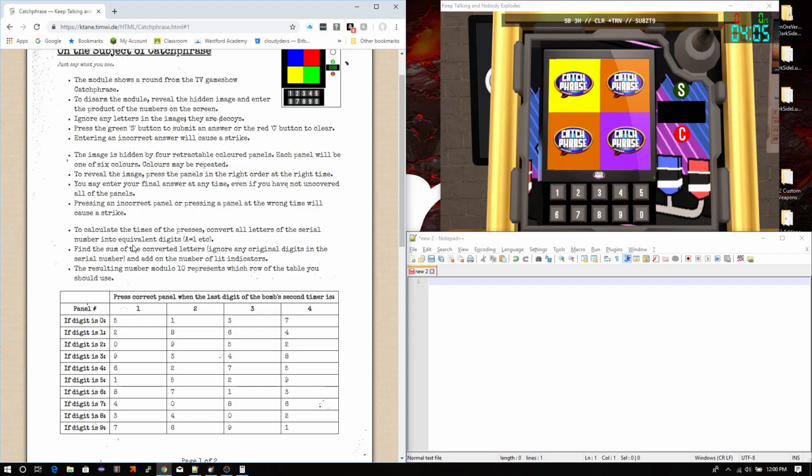So Catchphrase is a module based off of the TV game show Catchphrase. It has a giant display on it, a very colorful background as well, and this display has four different colored tiles. Some of them may be the same, some might be different. Below it, you'll have a keypad for inputting values, which show up on the input display on the right side, which has a clear button below it that clears the screen, and a submit button, which submits the number that's